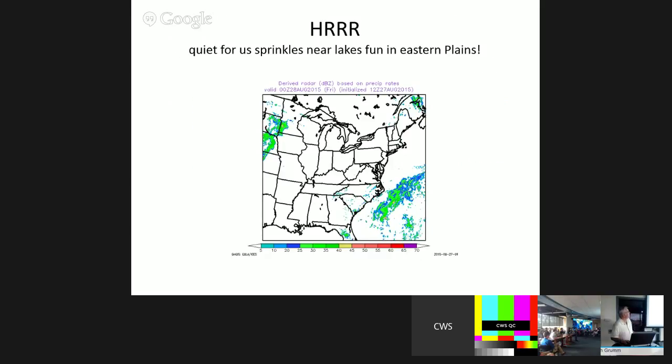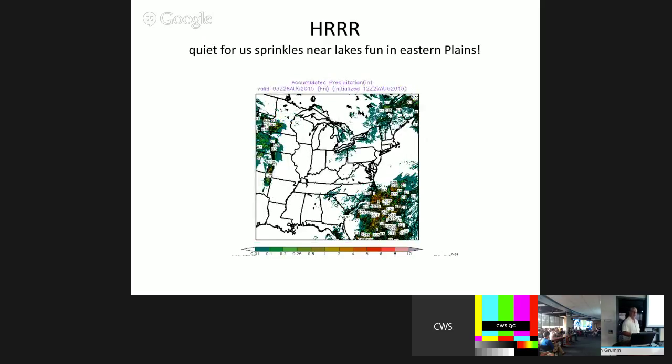And this is the HER forecast. There could be some sprinkles in the future in the northwest part of Pennsylvania, but in that really moist strip, you can see the HER. This is the synthetic radar, shows the potential. This evening, some rain off the coast, and it shows the showers and thunderstorm potential up in the plains. And if we look at the total precipitation that this particular run was putting out at 12 this morning, it's focusing some modest rain with the convection out there, a lot of rain off the coast, with some potential sprinkles from the instability queue that the model generates. But I think that's probably way overdone.